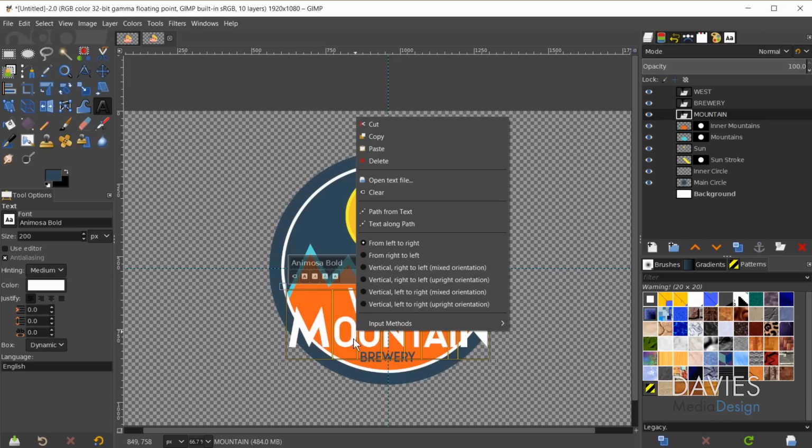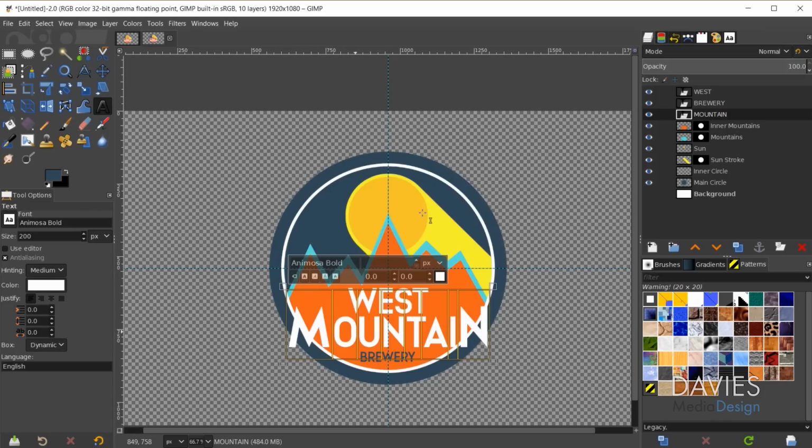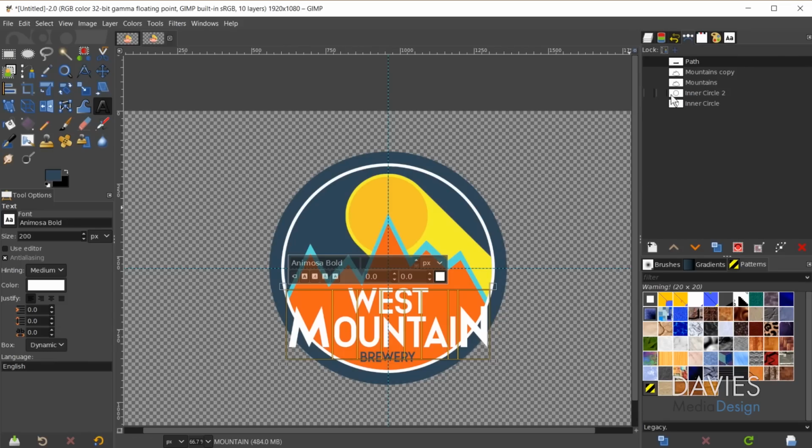I'll right click and go to Path from Text. That'll convert my text into a path. So I can come over here to my Paths tool, and if I unhide this path, you can see it's in the shape of my mountain text. So I want to stroke this text, but I want to make sure that the stroke is on its own